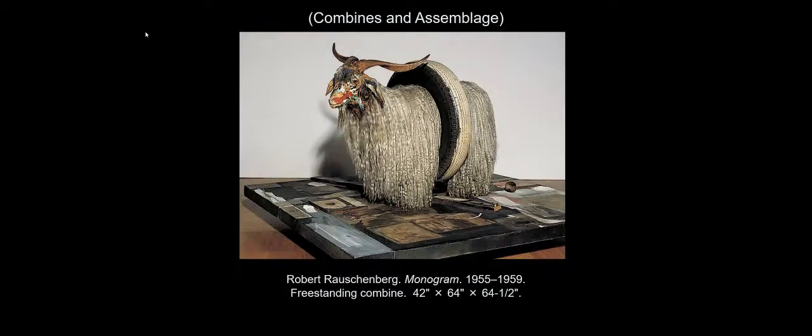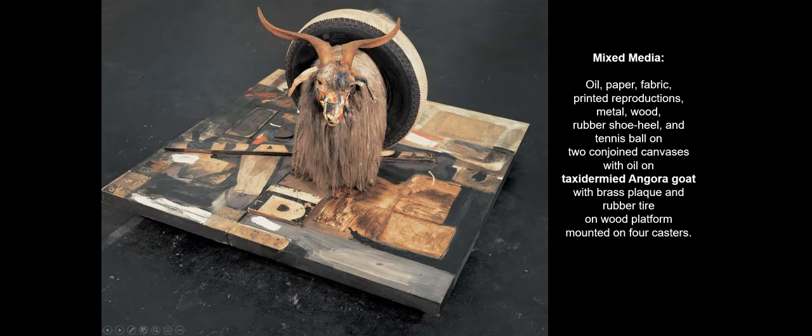He's often called a combine artist. To be frank, this is one of those pieces where in the context of your textbook or on your test, you just need to know the artist name and the title. This is Monogram by Robert Rauschenberg. This is a key example of a mixed media work of art, the central medium being, well, a stuffed goat with a tire around its middle.